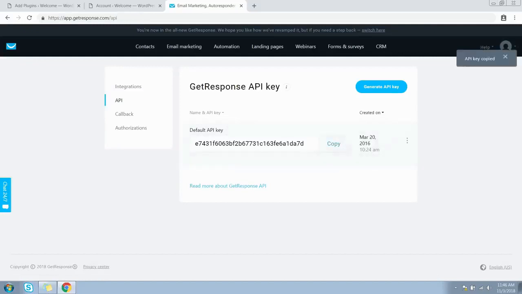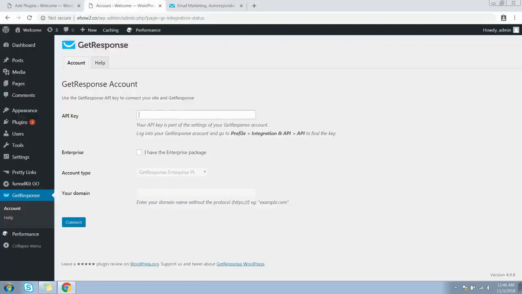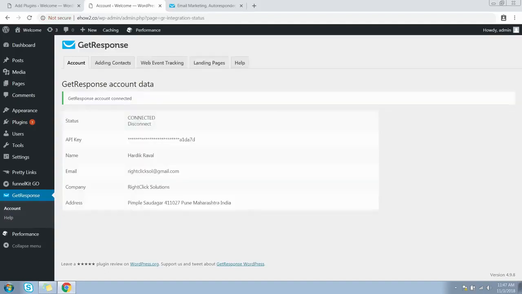Copy this API link, paste it right here. If you are having an enterprise account with GetResponse, then you can enable few more features from here. For now, let's skip them and click on this connect button. So our GetResponse account has been successfully connected with WordPress now.